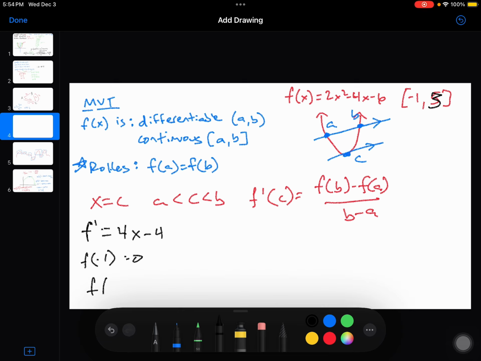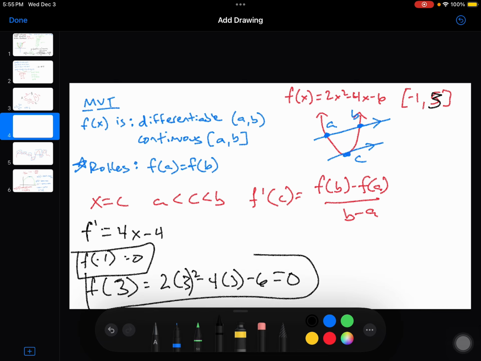And then we're going to have f of 3, which will be 2 times 3 squared minus 4 times 3 minus 6, which is 2 times 9, or 18, minus 4 times 3. 18 minus 12 is going to get us to 6. 6 minus 6 is 0. And so then Rolle's theorem applies because f of a equals f of b. What this means then on our parabola